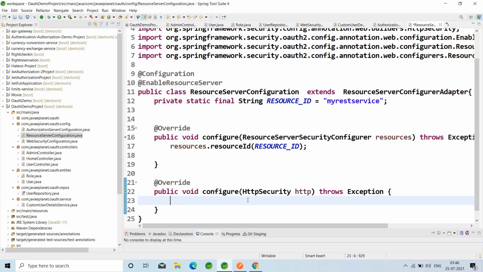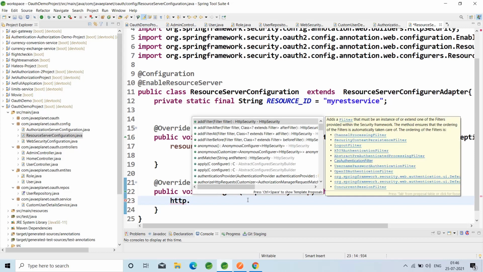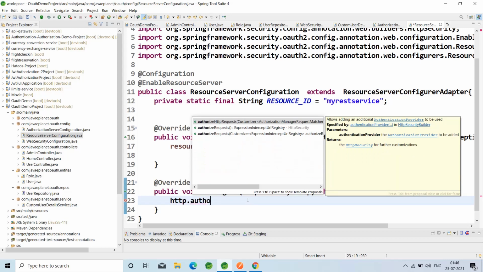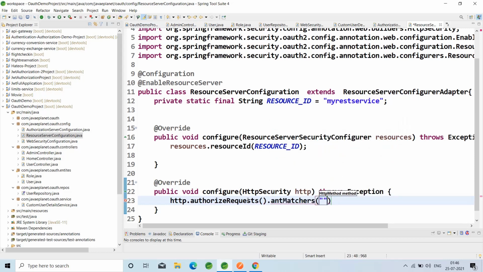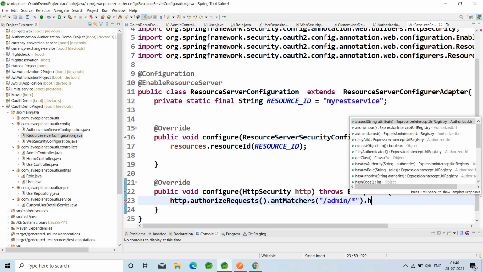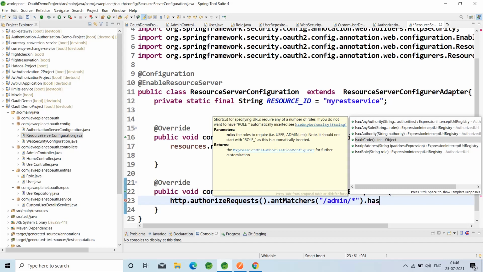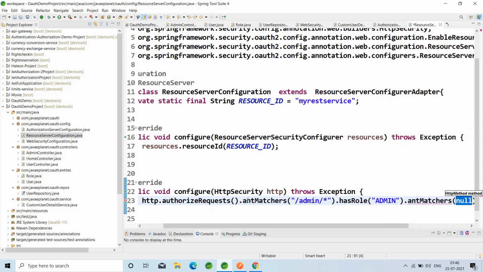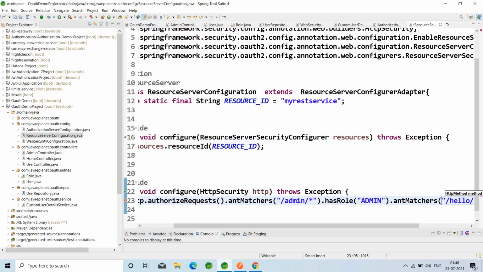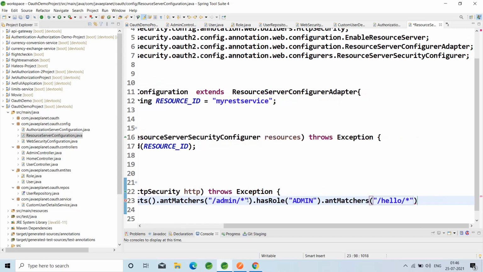Let me map the roles to URLs. Here, http.authorizeRequests().antMatchers, map the /admin/* with hasAnyRole or hasRole ADMIN, and then /hello/* authenticated.